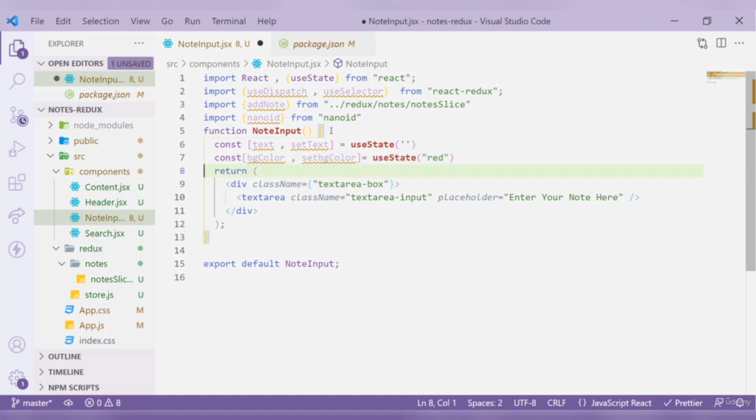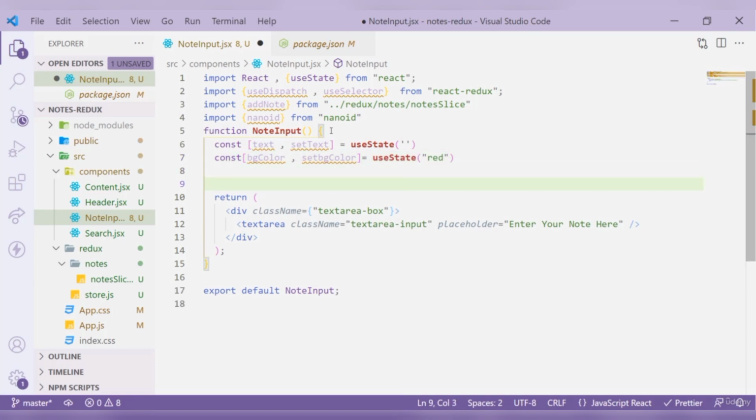All right, so now I'll be using this inside of our function, but before we do that, let's create a dispatch by using the use dispatch. So const dispatch, and this is going to be equal to use dispatch, which is coming from our React Redux library. So use dispatch,